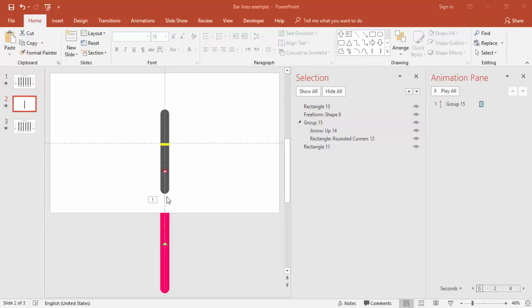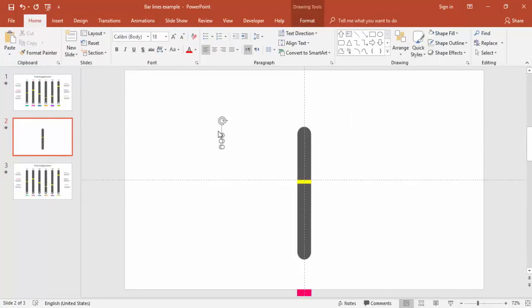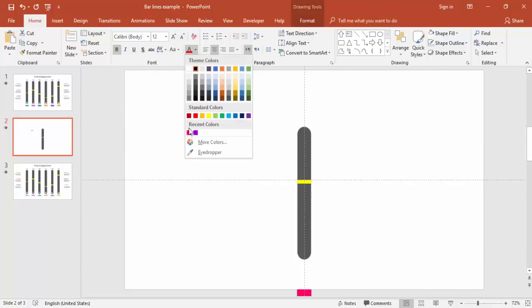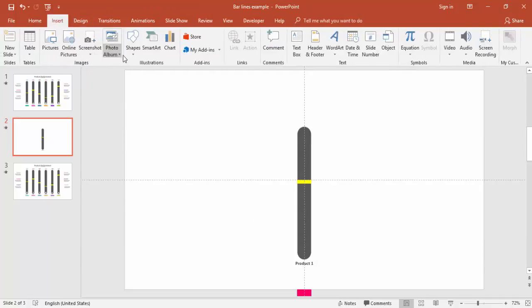All right, add the text here as product 1. Let me just close this, insert text box, type product 1. All right, and make it bold, align center. I'm just going to use the color pink. I'm just going to put it here. All right, or you can use the same color which is dark gray,